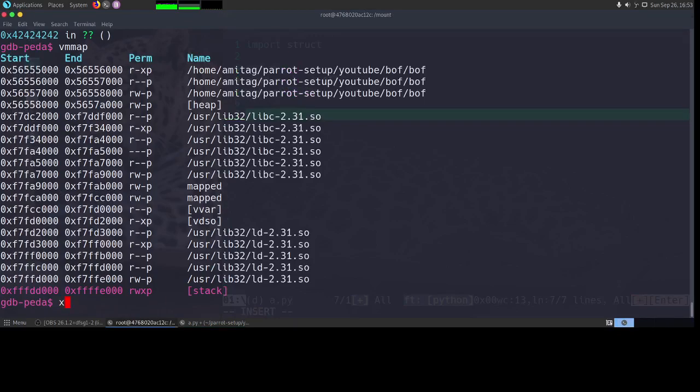To examine the memory, I can say x slash, let's say 40 bytes I want to examine. I will say ESP. ESP is the start of the stack in any 32-bit binary, right? So I am examining with x. I want to display 40 values, and I want to display them as hexadecimal values, and I want to display from $ESP.